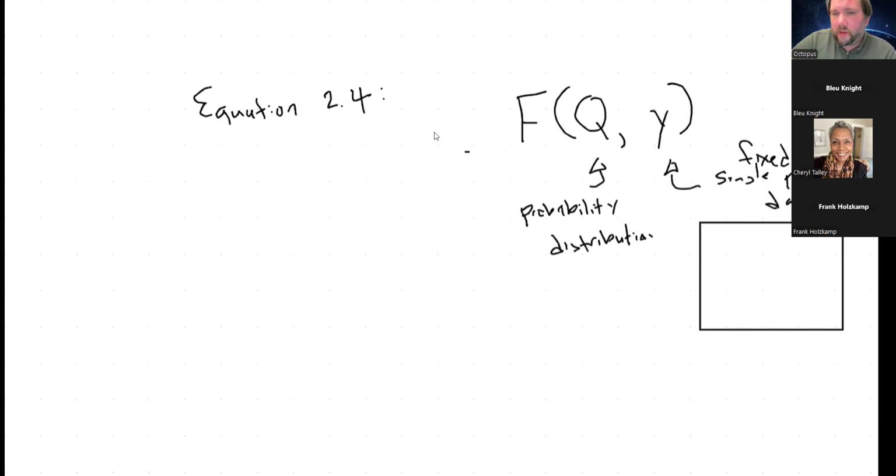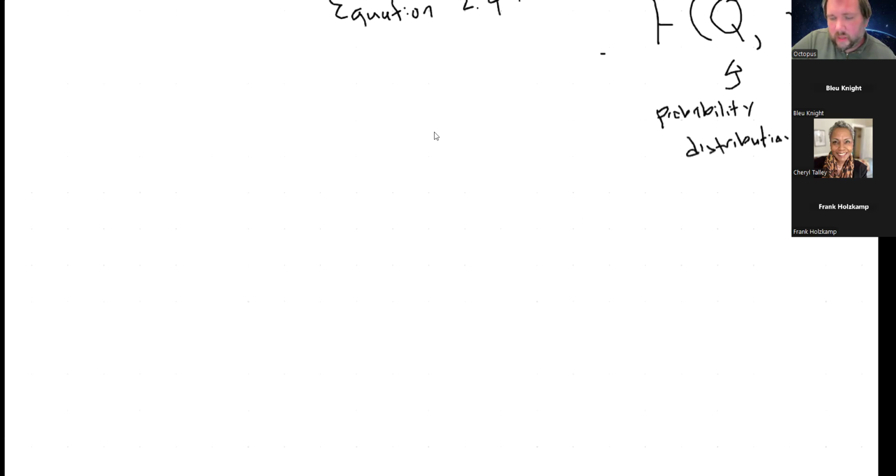I'll try to point out where that fact is important. What we want to show is that a couple of these things are equivalent. One of them is that we could define this as negative, the expectation according to Q of X